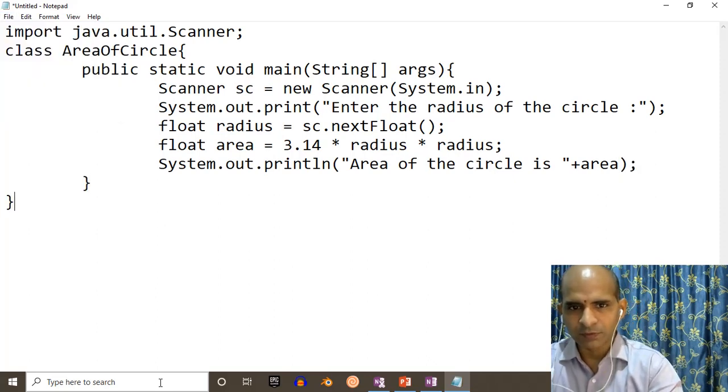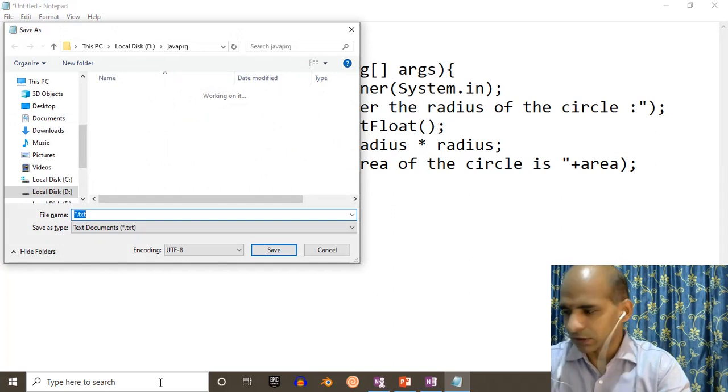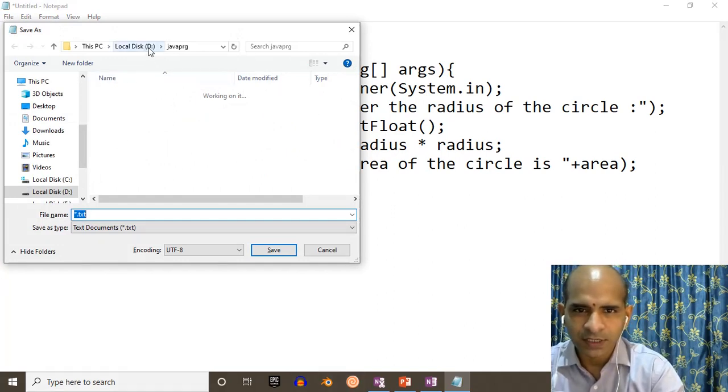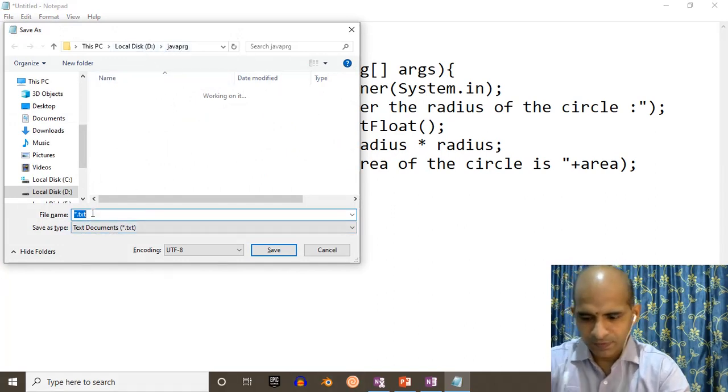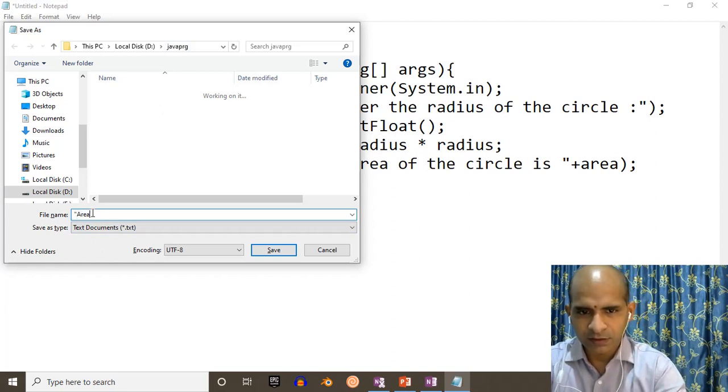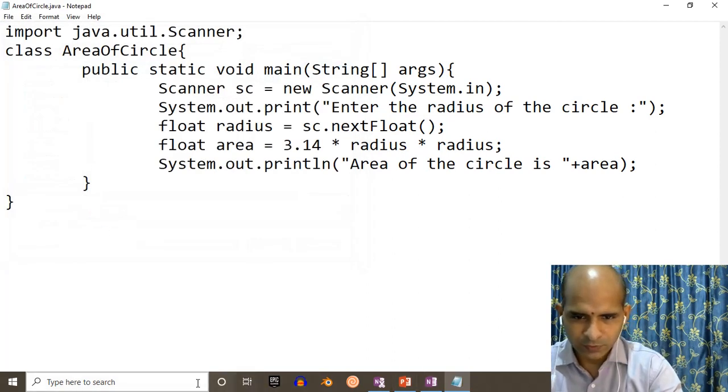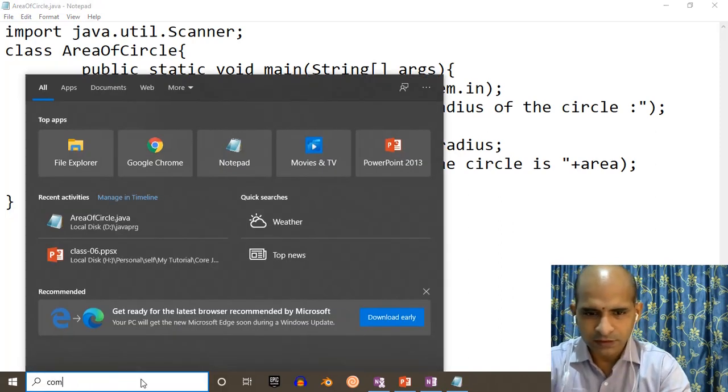Let me save the program in the same location, that is the D drive, java prg, AreaOfCircle.java. In order to run this program, we have to open the command prompt once again.